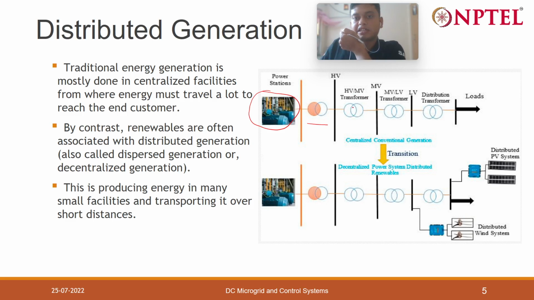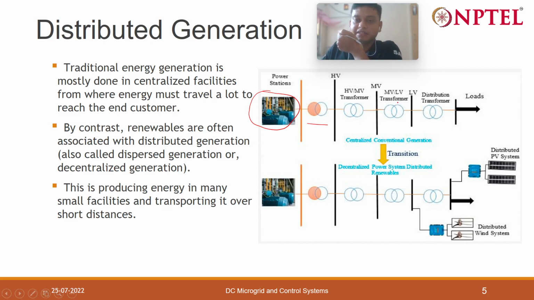So we again convert this high voltage into medium level voltage at a substation and distribute it to industries and big consumers. And again for distributing in an area where we are residing,